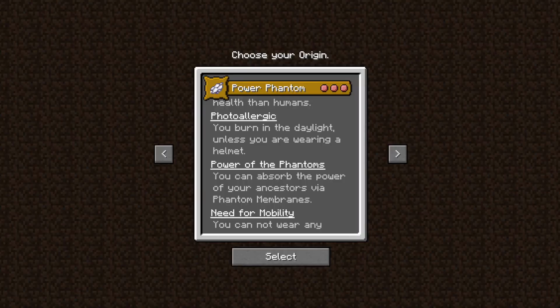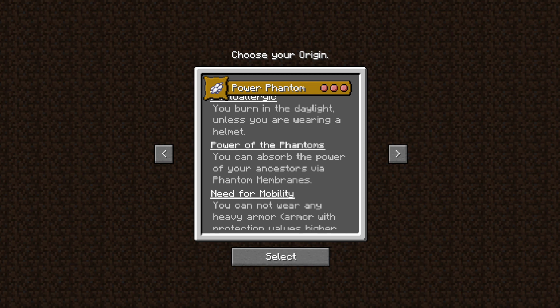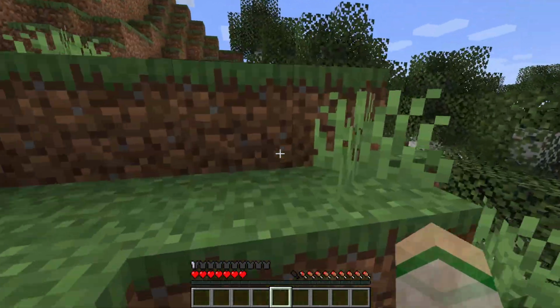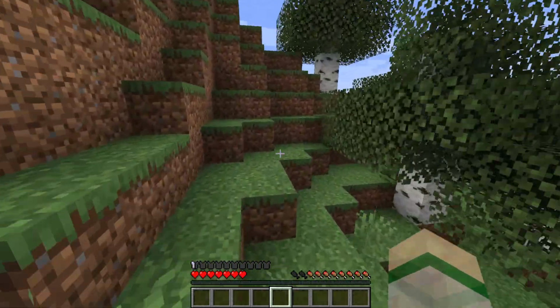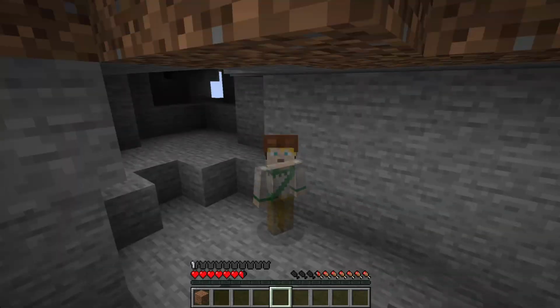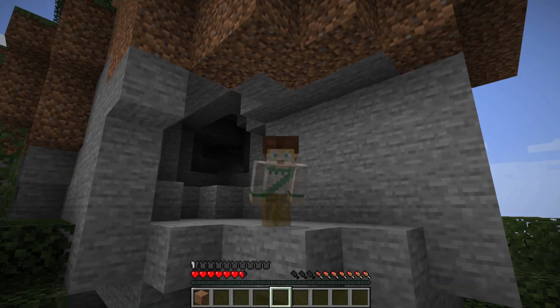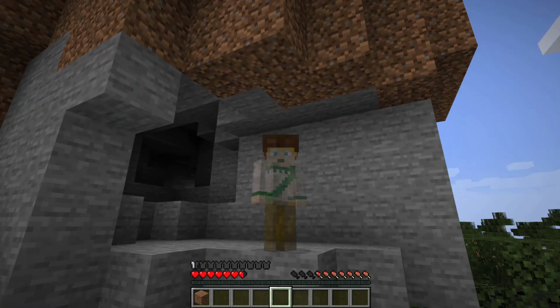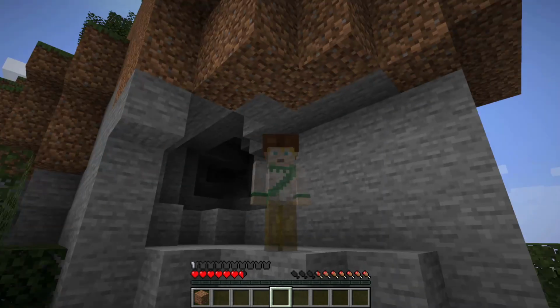I also added a couple, so let's go through those. Power up the phantoms. You can absorb the power of your ancestors via phantom membranes. So the thing about the phantom is that it's one of the more balanced of the origins, honestly. But despite being balanced, it's just not very fun to play. Because if you go out in the daytime, you just burn up. And if you wait till night, well,